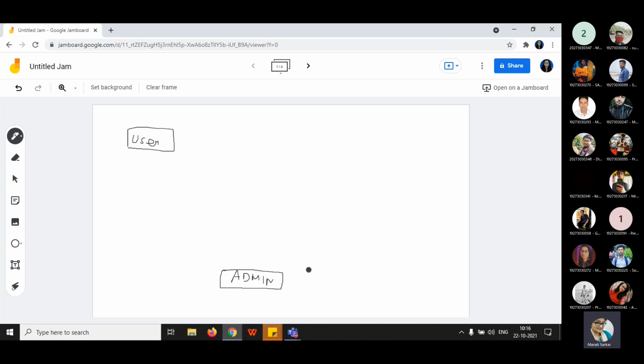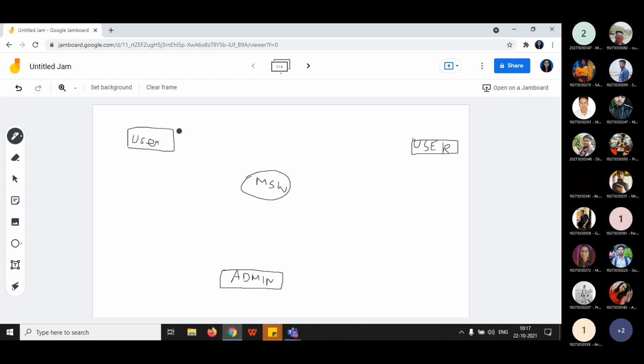These are the two entities in MS Word. The admin is responsible for accessing the overall functionalities of MS Word, and the user is using MS Word at that particular point. Suppose multiple users are there: this is user one, this is user two. The process in MS Word is MS Word itself, so we put MS Word in a circle. Remember these terminologies: a circle means it is a process, and anything in a rectangle is an entity.